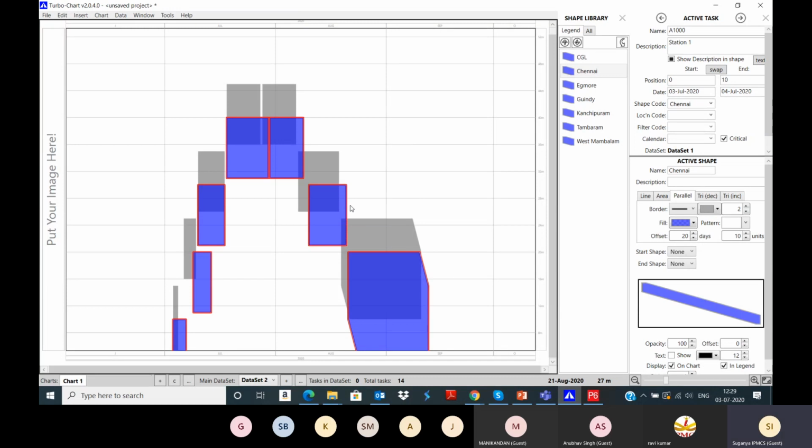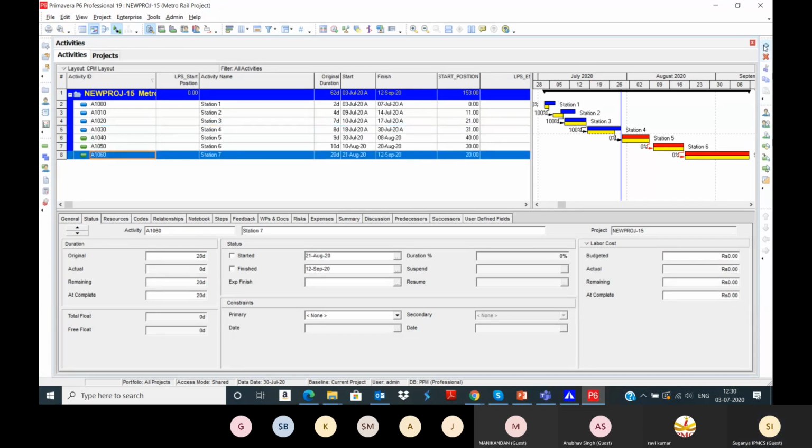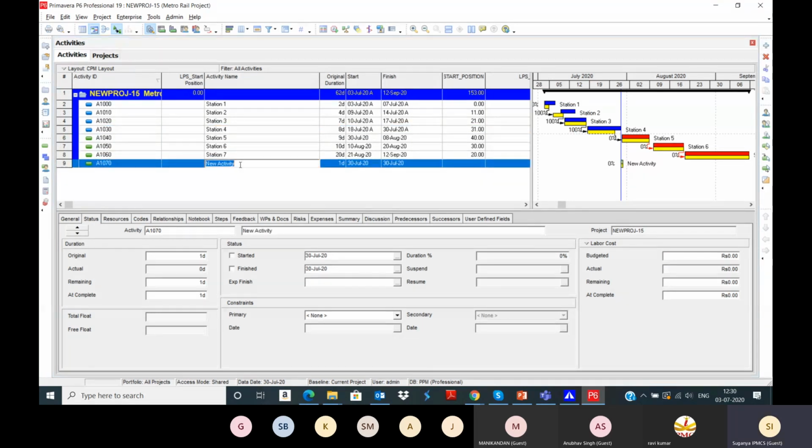Again, if I go to Primavera and add any new activities, I'm going to add one more activity, new scope, station 8, and you can enter the predecessor.